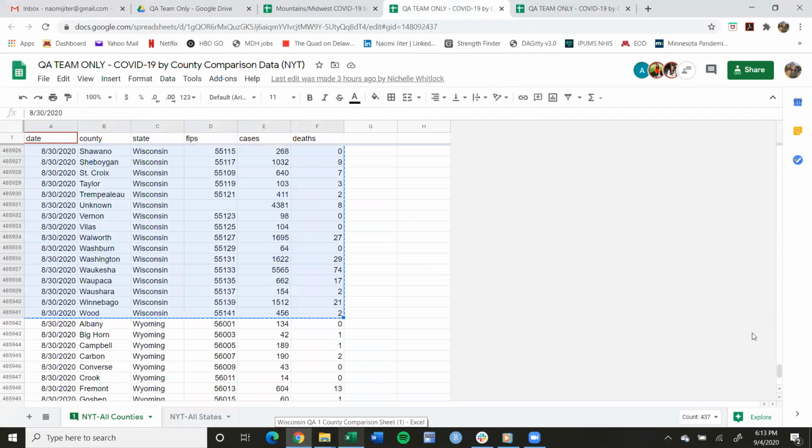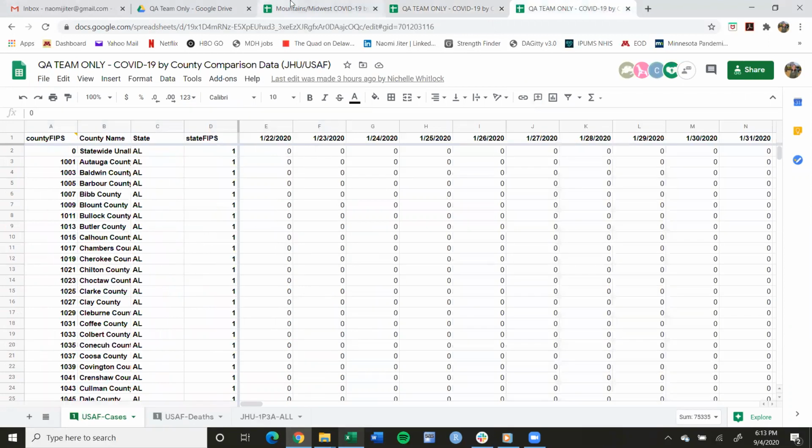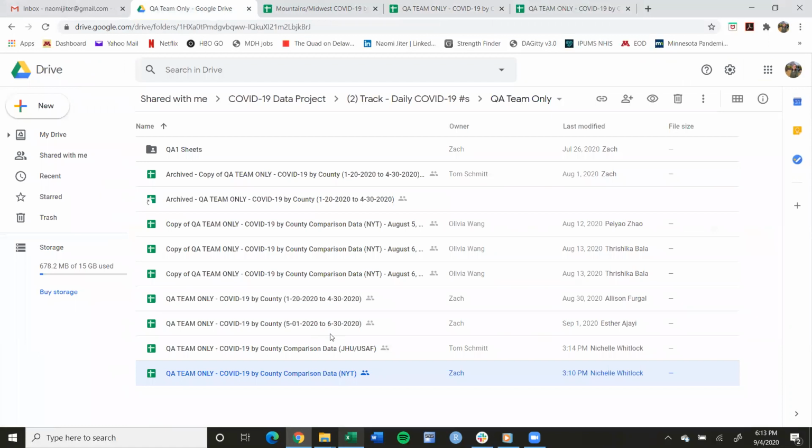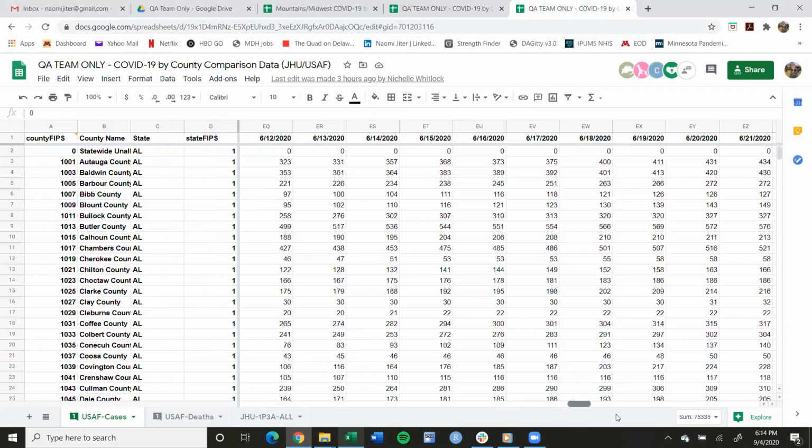So now that's what NYT is, and this is what it looks like at the beginning. You'd have to scroll all the way down to the bottom for the more recent dates. Then moving to the different sheets, this would be the Johns Hopkins University and USA Facts sheet for the other two comparison data sets. That opens to look like this. You see you have USAF cases, and then deaths, and then Johns Hopkins University is all in one tab. For cases, you once again scroll to find your date,